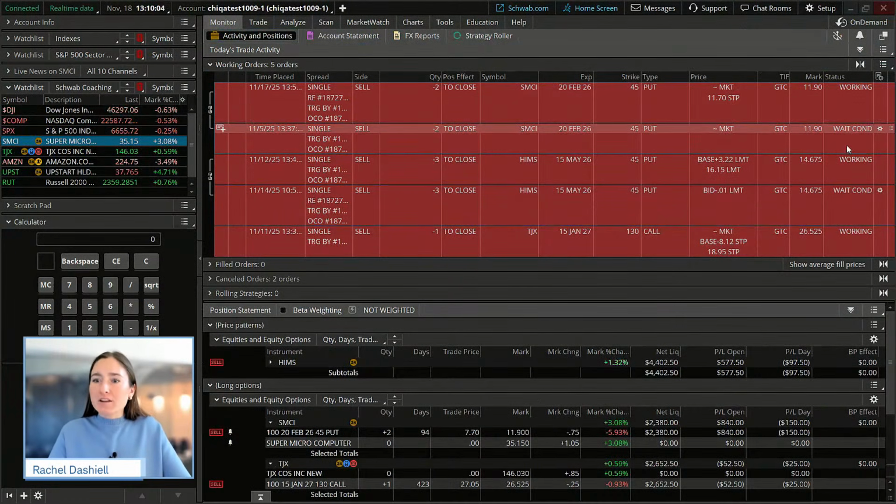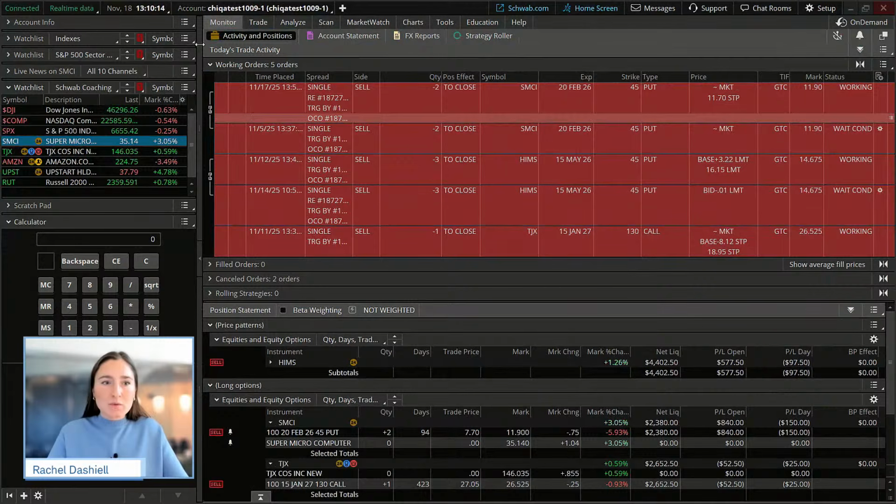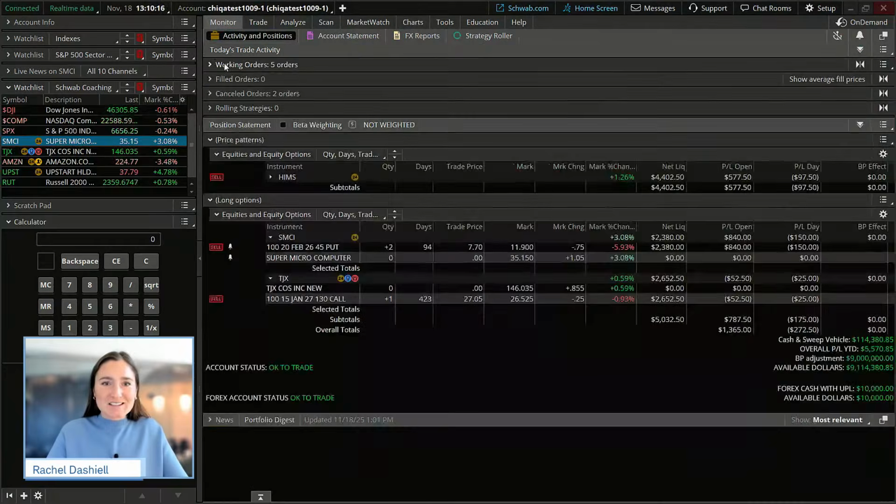And then we still have that conditional order on the profit to the downside if that move continues. So that's just our review there. So we may see a stop out today. We may not. We shall see. But those are our two trades that we have been in.